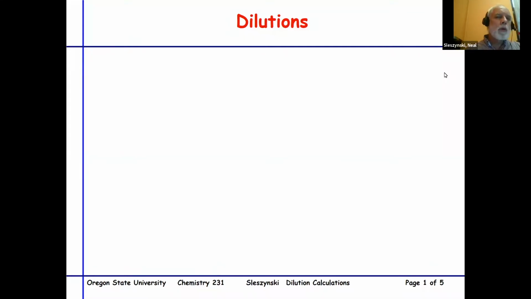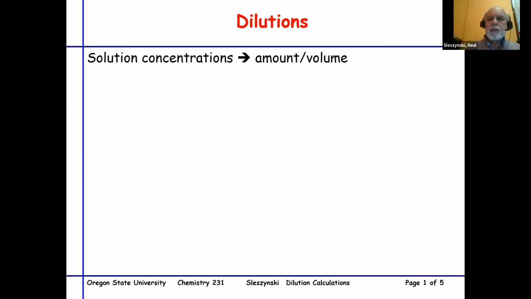We're going to do a quick tutorial on dilution calculations. Well, we probably should start out with some definitions of solution concentration before we do the dilution calculations. By definition, a concentration is an amount per volume. Very often in the laboratory and in chemistry problems, we end up using solution concentrations of moles per liter, and